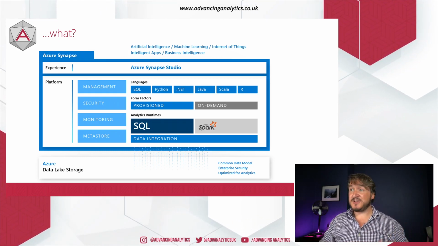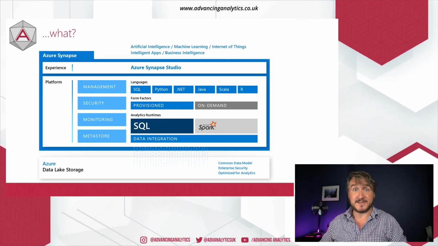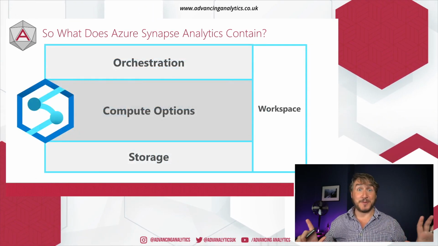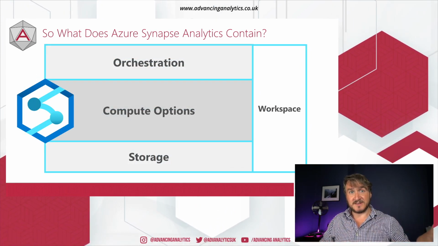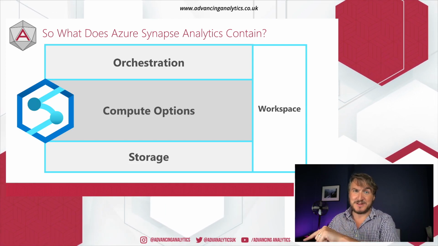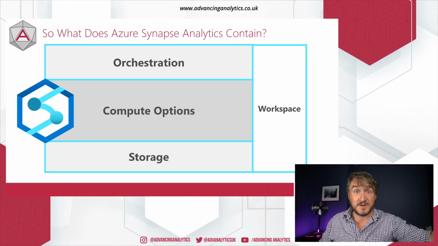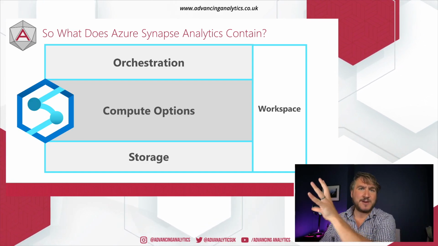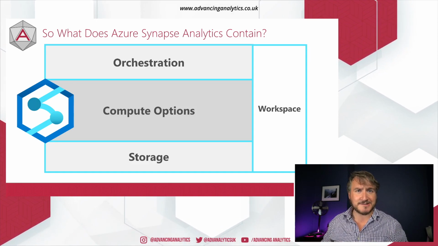I pulled it back and said, let's just really simplify it, and let's talk about what is actually under the hood in this thing. So, super easy. We have 4 boxes. First, we'll talk about the compute options. What are these different versions of SQL, and then on demand, and then not on demand, and all of that? Orchestration, how do we get things working, what's it based on, storage, and then what else is in the workspace. Let's see if this makes a bit more sense than that one diagram.